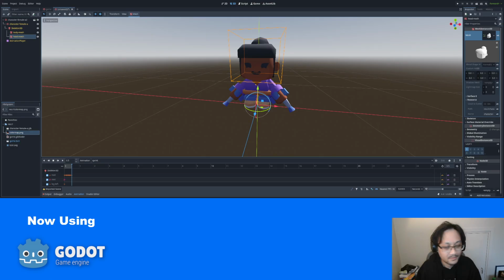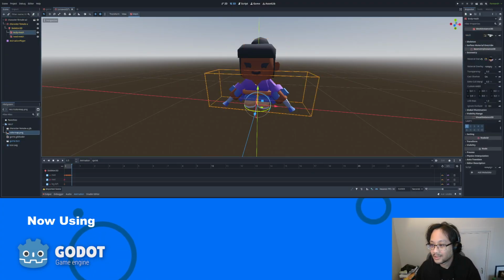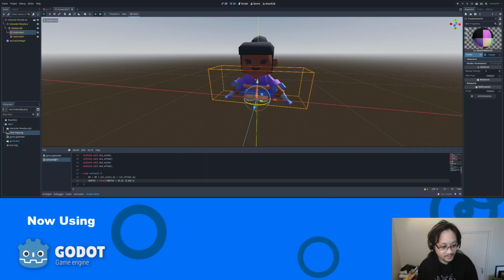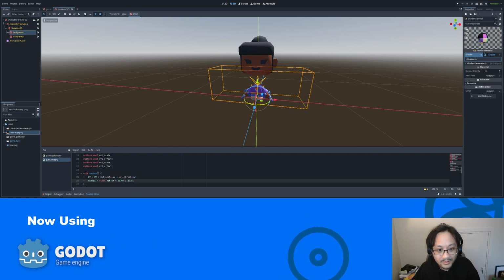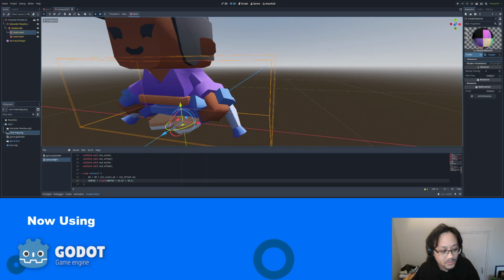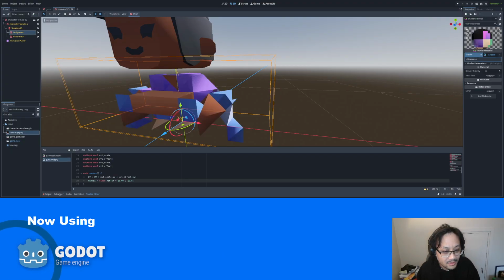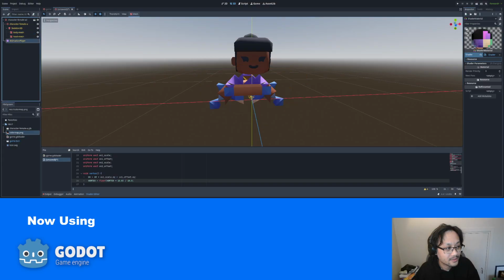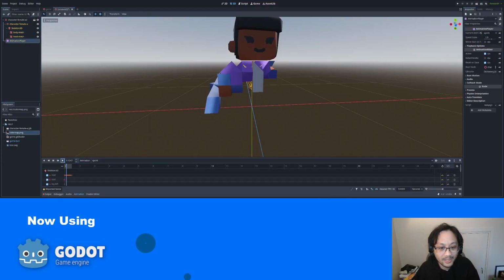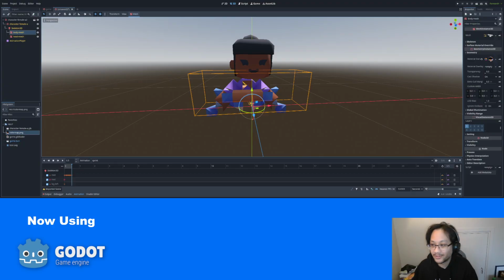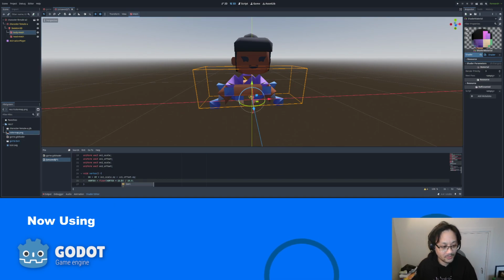If I do 50, that's the main problem with this one, is that if I'm gonna test this out, oh yeah, this gives the glitchy effect that the PlayStation 1 is known for. So if I up the scale,